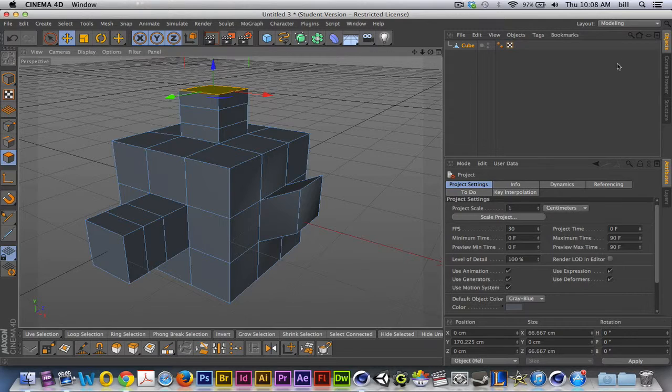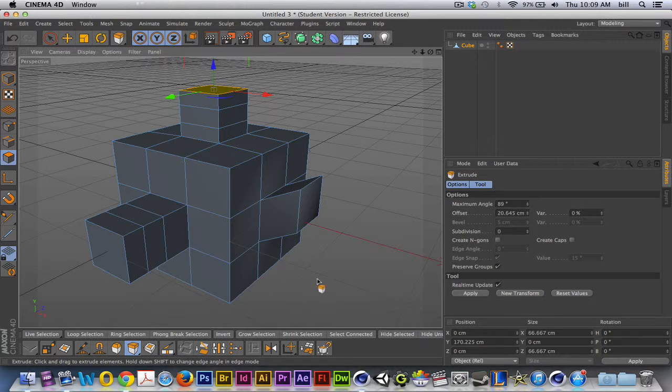And if I choose modeling, you'll see that what happens is that certain panels are de-emphasized. In fact, if I look down underneath the perspective viewport, I've lost my timeline and I've lost my material manager temporarily. And in its place now, I have all of these modeling tools, and this is a very convenient way to work. If you're going to work on a model for a while that requires a lot of modeling, it's not a bad idea to change the layout to modeling. And down here you can see that there's the extrusion tool right there. I have my mouse rolled over it, I'll select the extrusion tool,